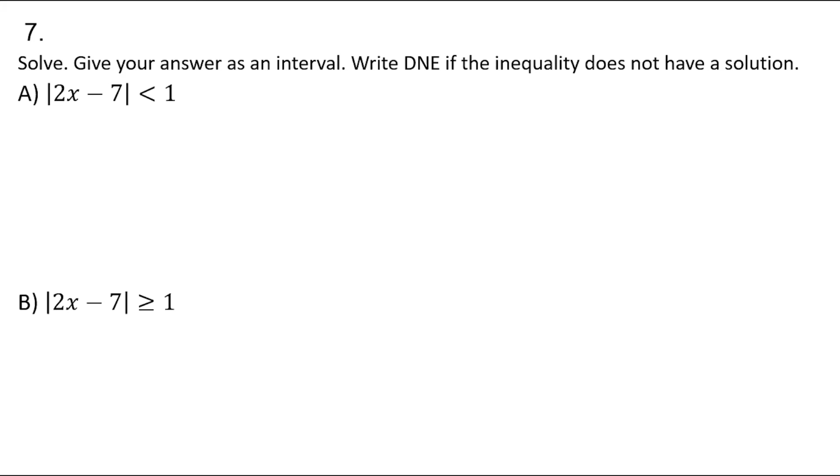Let's take a look at example A and notice the form that it's already set up in, where the absolute value is isolated by itself, and on the opposite side you have a positive number. So that means that this is something that we can solve. But because there's an inequality, we're going to have a set of solutions. So that is why our answer will be given as an interval. So to give you an idea,